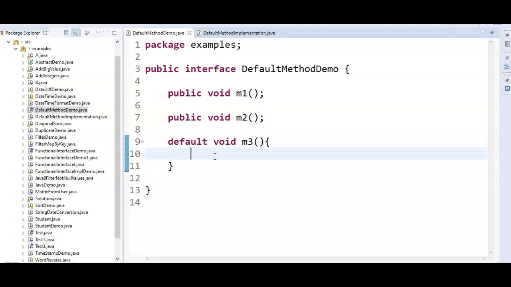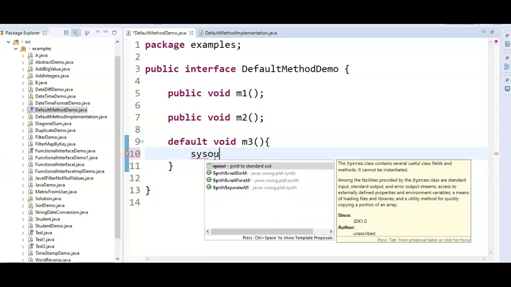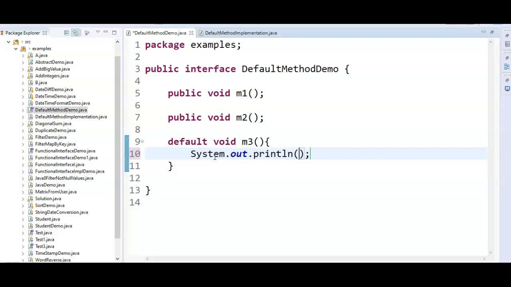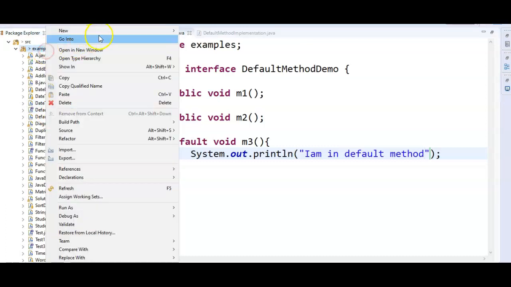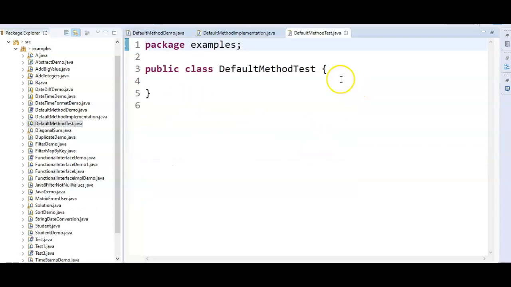Whatever implementation we want, we can write it, so System.out.println "I'm in default method".